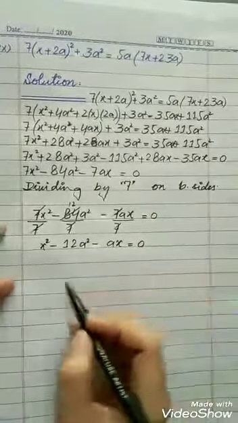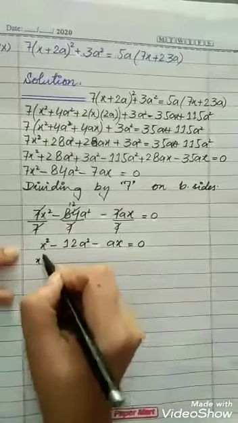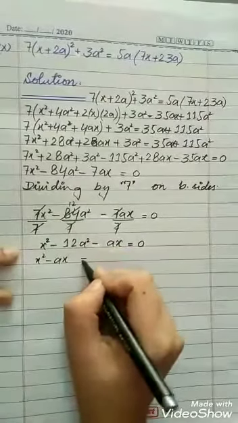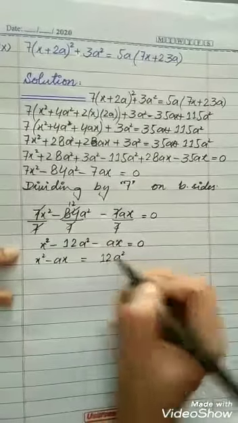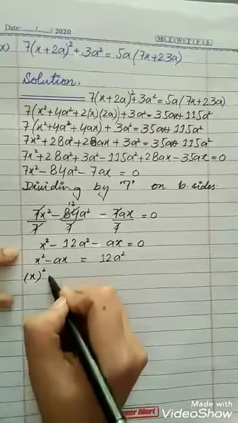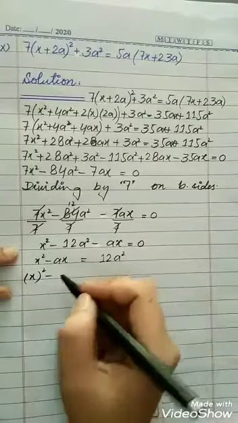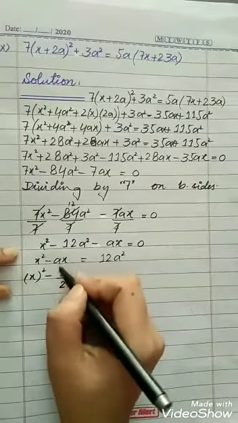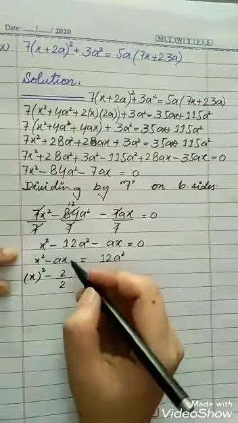Now students, we will apply the formula here. How to apply the formula? By completing the square. x square is the variable term, and this is the constant, so we will take it on the other side as negative here and it will be positive here. So we have to make the formula a square minus 2. We have to take 2 common, but 2 is not here, so what to do? We will divide and multiply by 2, because there is no effect on this equation, as both will cancel each other.